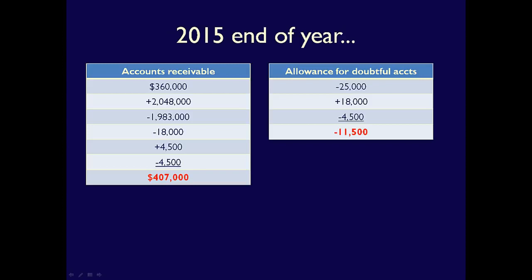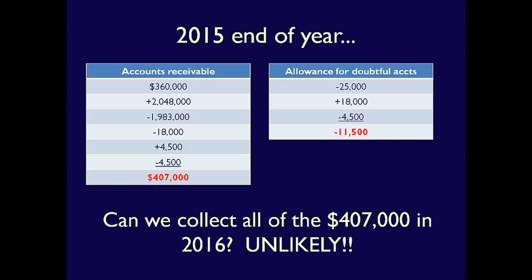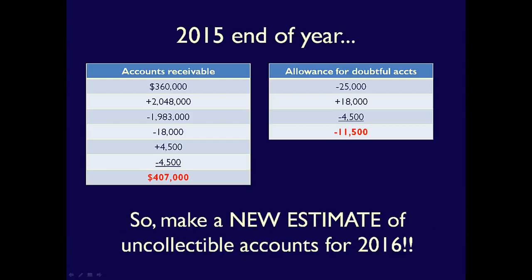We are now at the end of 2015. What should we do? Well, we have $407,000 in accounts receivable, and we know that we won't collect it all. After all, not everyone will pay us. So we have to use our knowledge of the company's customers and the industry and the economy as a whole, and we have to make a new estimate of how much of the year-end accounts receivable will not be collected in 2016, the upcoming year. Sound familiar? It should. We just did that at the end of 2014, and we have to do it again